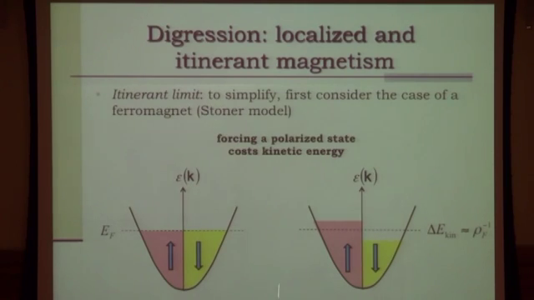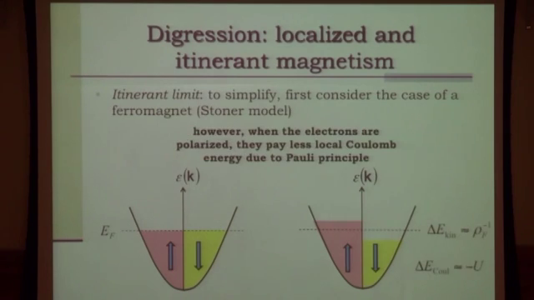So how can the free electron gas develop spontaneous magnetization? Well, one thing that I didn't tell you is that there's always Coulomb repulsion. Now, Coulomb repulsion is small in this limit. And if I polarize electrons, I gain energy. I gain Coulomb energy, if you wish. Or I have to pay less Coulomb energy. Why is that? Why, if I polarize my electron gas, do I pay less?